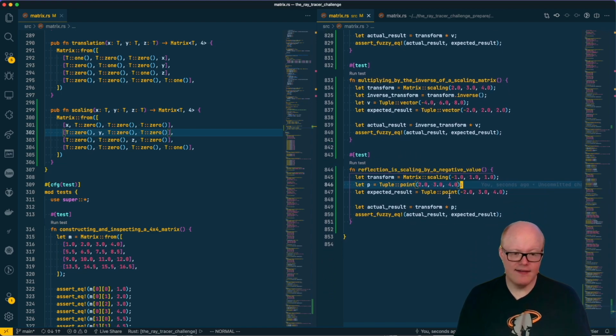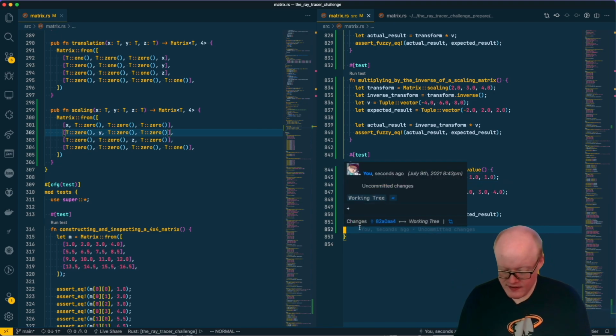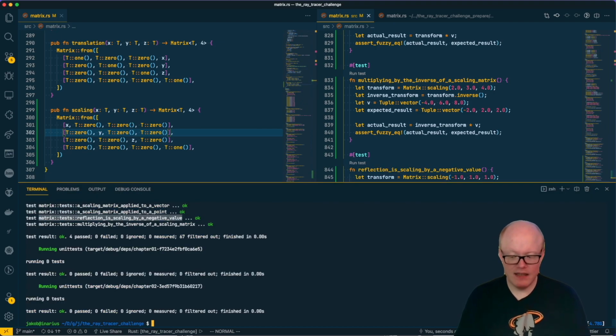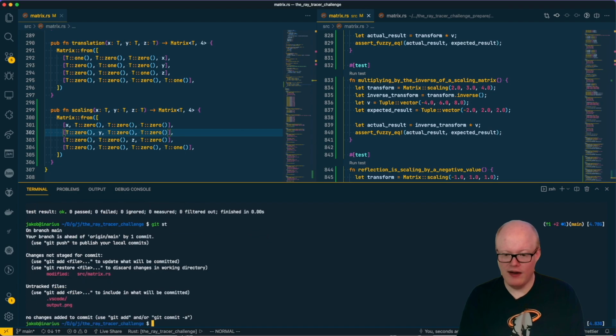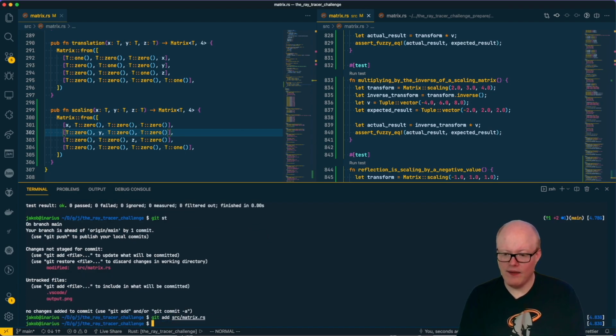Which is quite nice, I guess. So yeah, we just implemented, and this is really nice, scaling as well. We have our next transformation implemented. So let's source matrix, let's add this as well, and let's do a